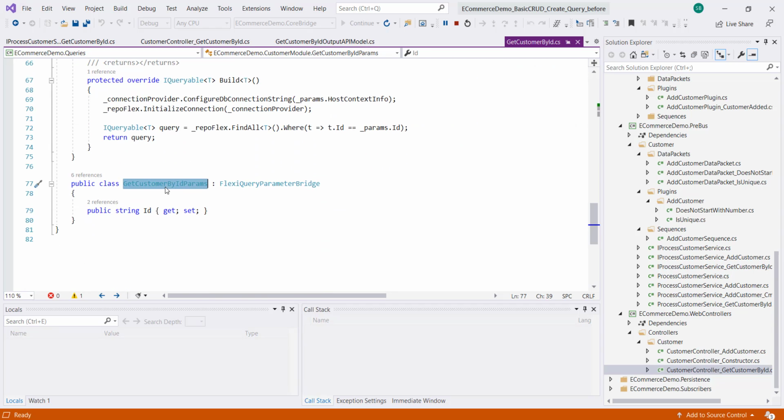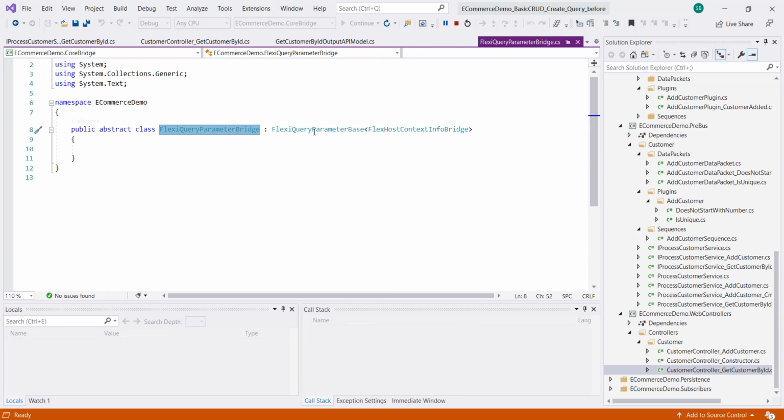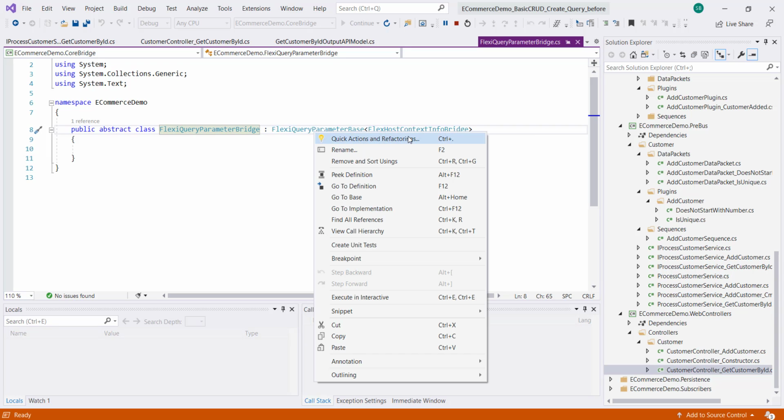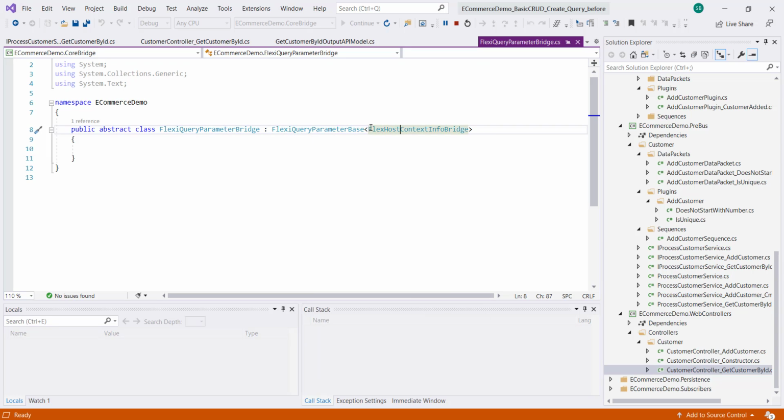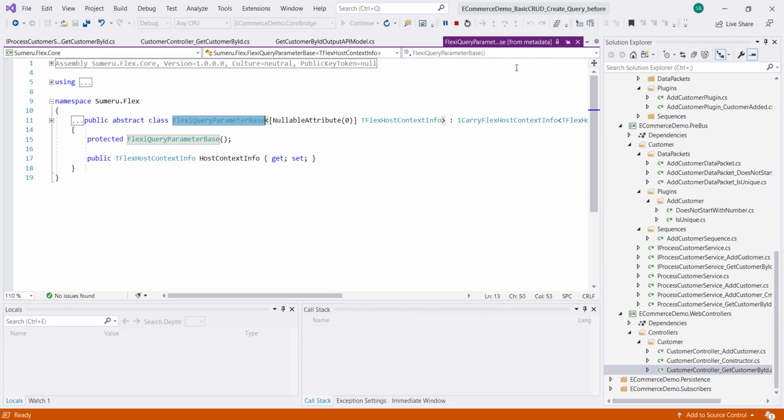In the query file, we have a get customer by ID params, which in turn is inherited from FlexiQuery parameter bridge. Let us see what is there inside. Here also you have a flex host context info bridge inside that, so that you can pass your context info that is being procured from context accessor throughout the query.